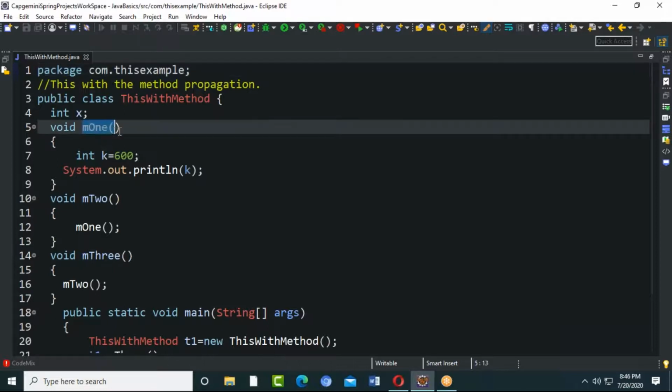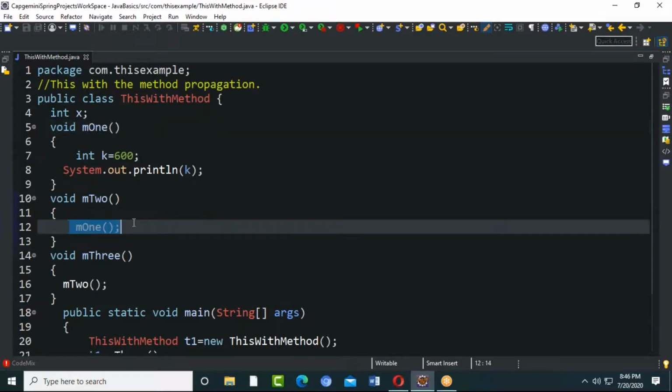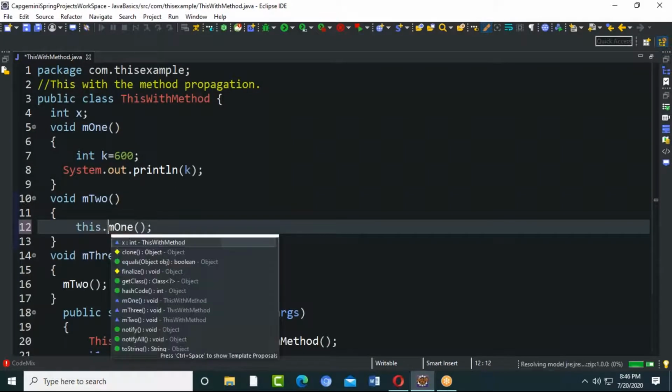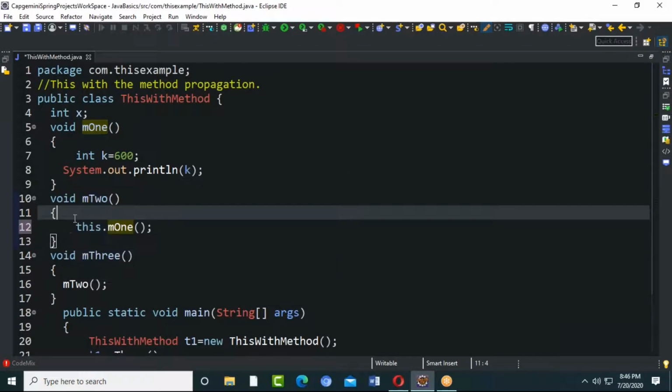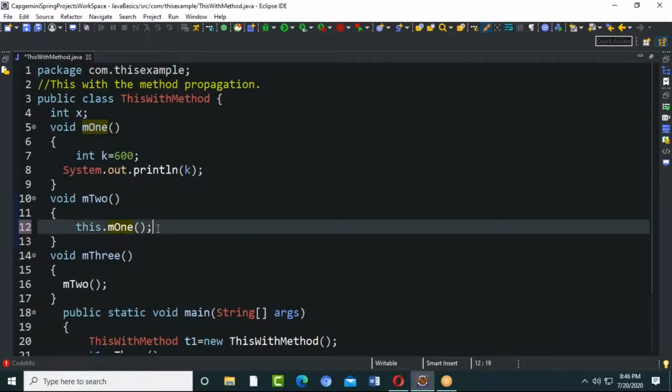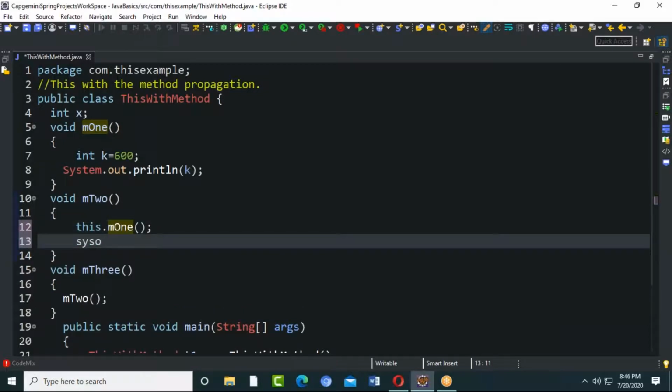If they are of the same class, and this method has to be available in any other method, we have to call this dot m. When you are doing a propagation of a method, we need this keyword. Here it has this code, and apart from that, if I say this dot m1, it might have something else also.